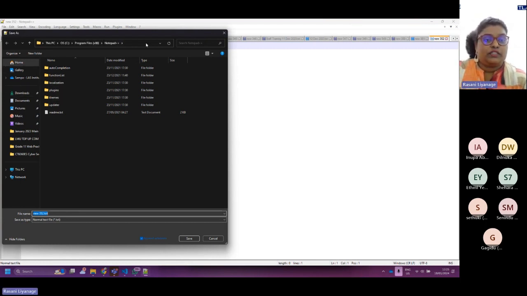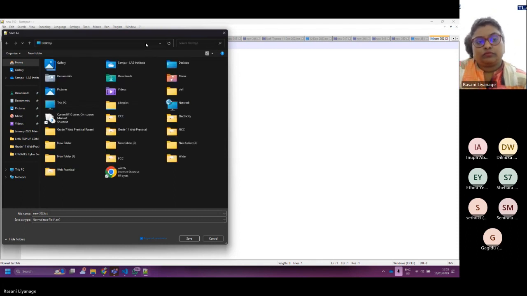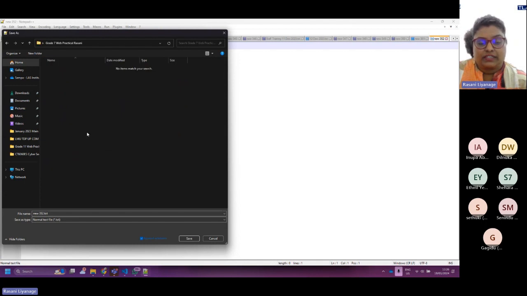Go to your folder that is on the desktop. Select the folder Grade 7 Web Practical and give the name. Usually we name the first page as index.